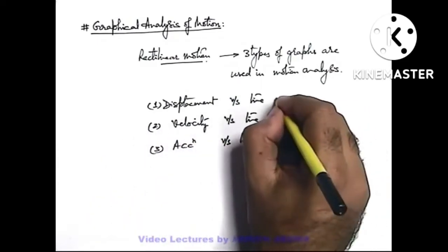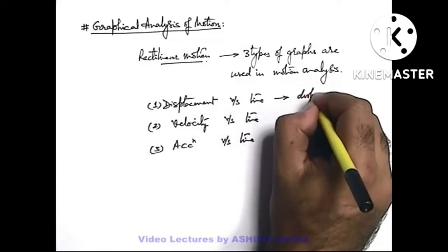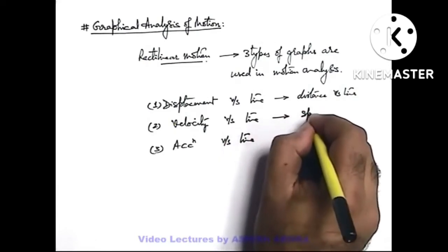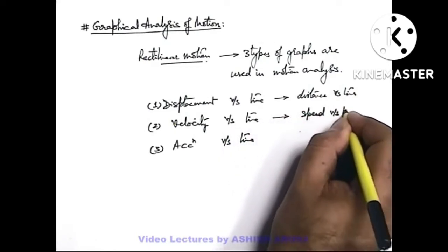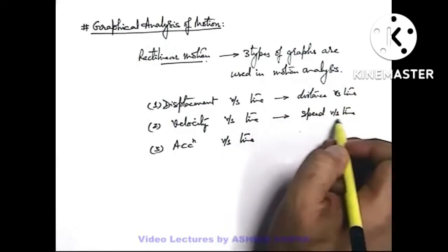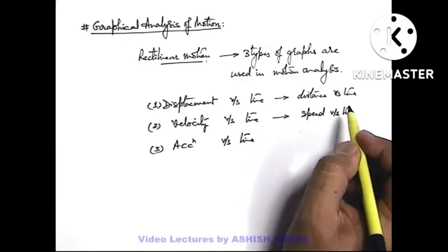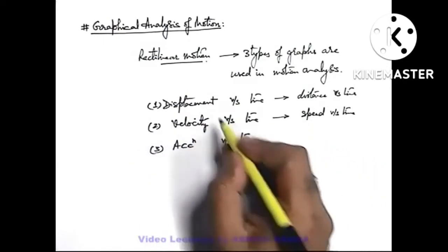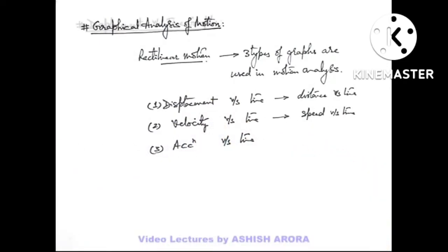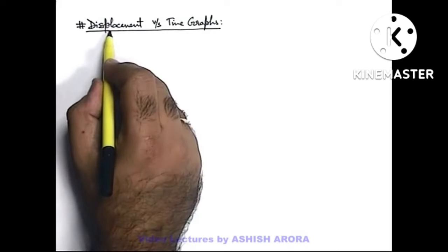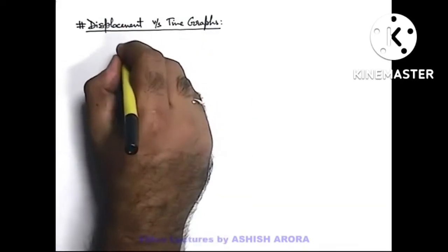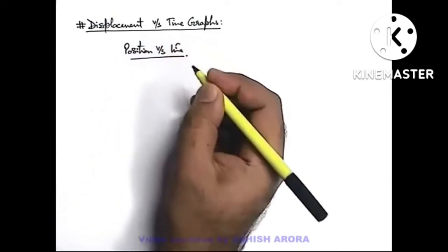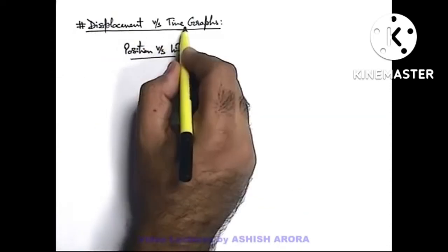We also discuss the variant of the displacement time graph as the distance time graph. We'll also discuss the distance versus time graph and the speed versus time graph, because some particular categories of problems are also asked on distance and speed versus time graphs. But we don't need to spend much time on these as they are slight variations of displacement and velocity time curves. Let's discuss these one by one. Now, if we talk about displacement versus time graphs, these are also known as position versus time graphs. There's no difference between position versus time and displacement versus time graphs.